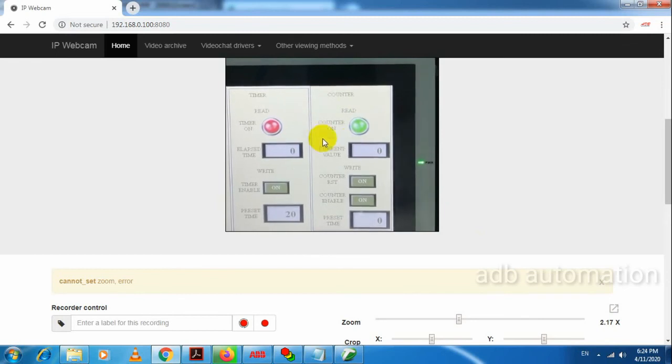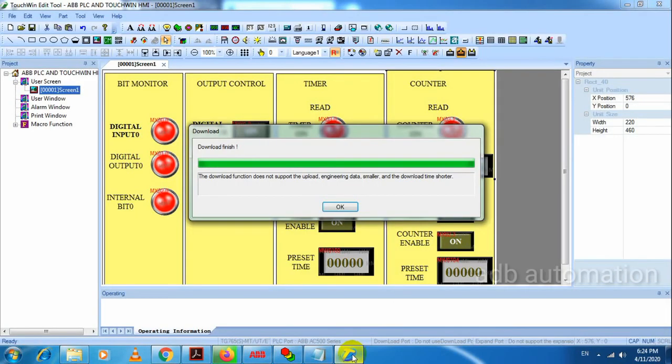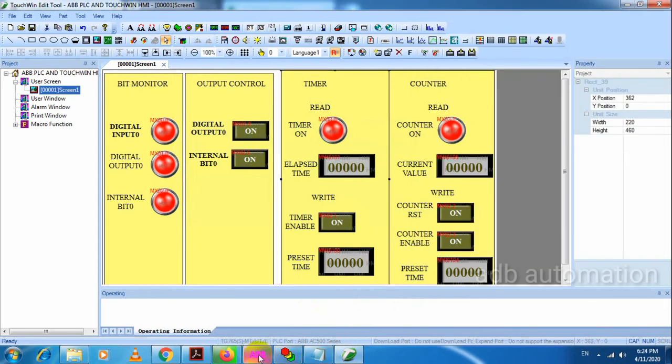Now counter is already on because the current value and preset value are both same. Here I put preset time. I'll change to preset value.